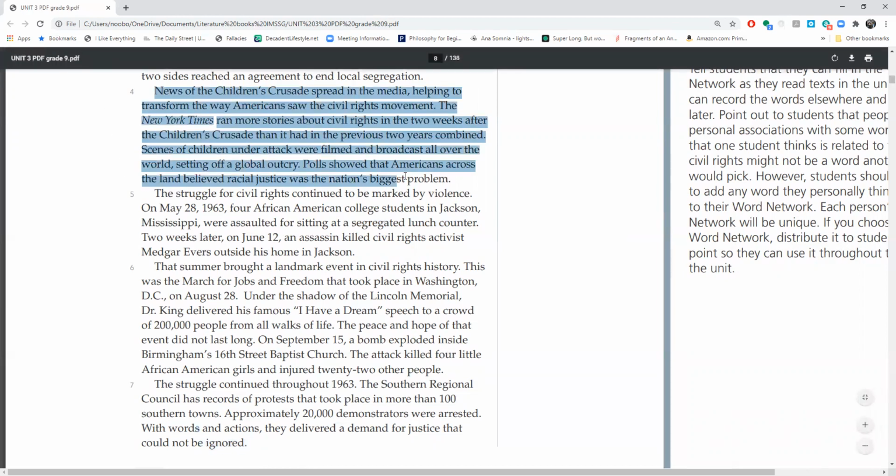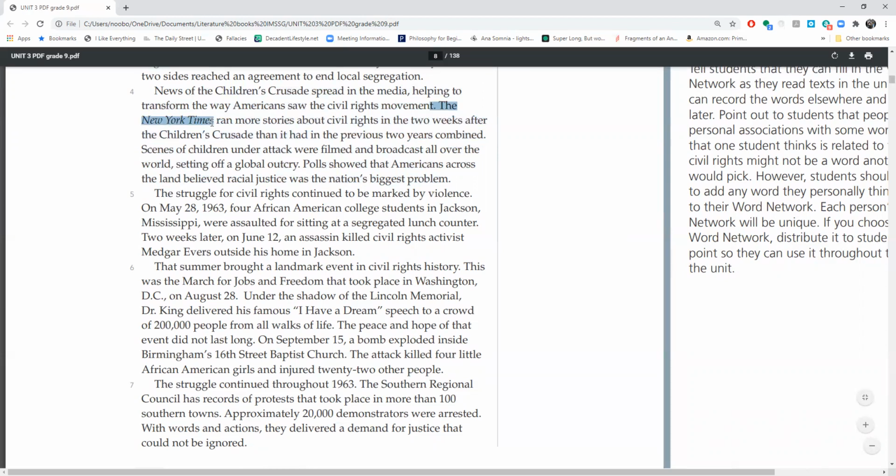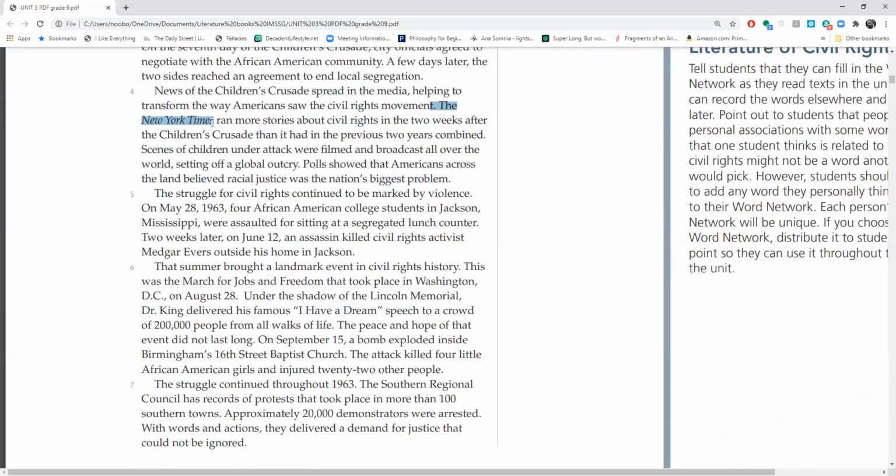Okay, so in this year, 1963, during this summer, it was only a matter of a few months. There's this very famous newspaper, the New York Times. This is internationally well known, but especially in America at the time, this was one of the most famous newspapers that spread throughout the entire nation, throughout the whole country. So everybody was reading the New York Times.